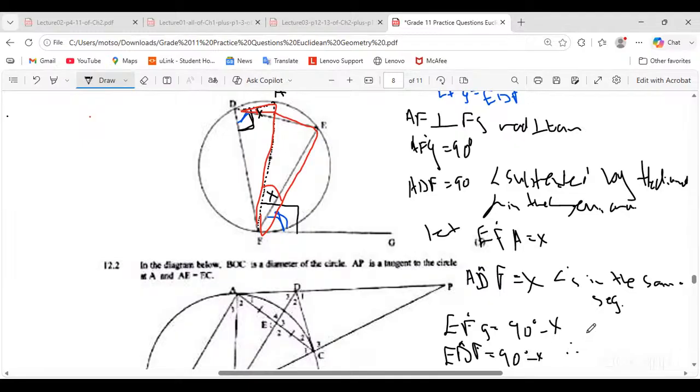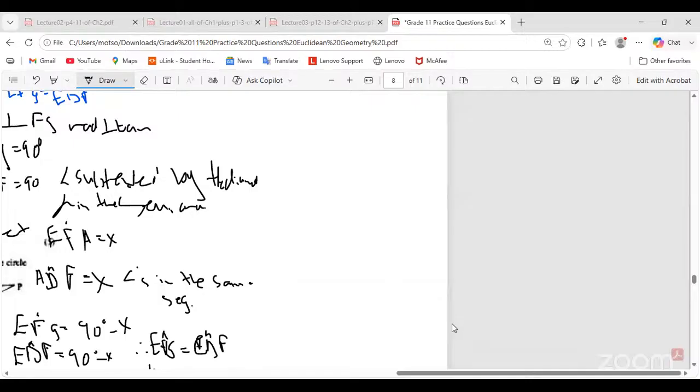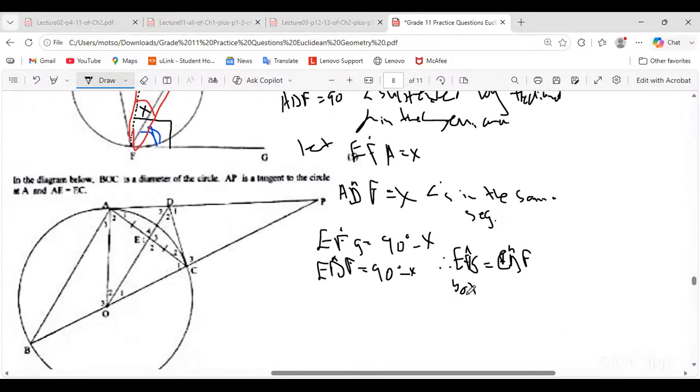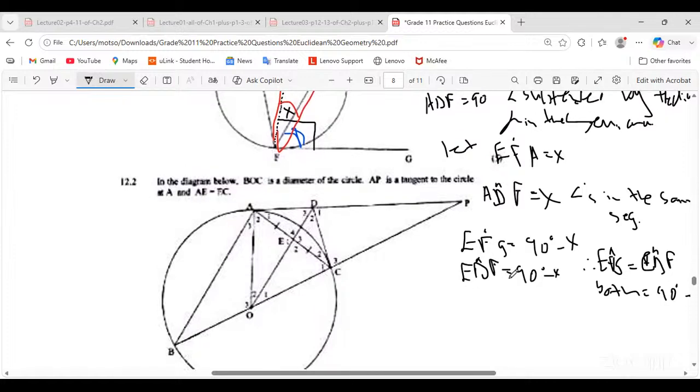Therefore EFG is equal to EDF, because they are both equal to 90 degrees minus x. Then we're done answering